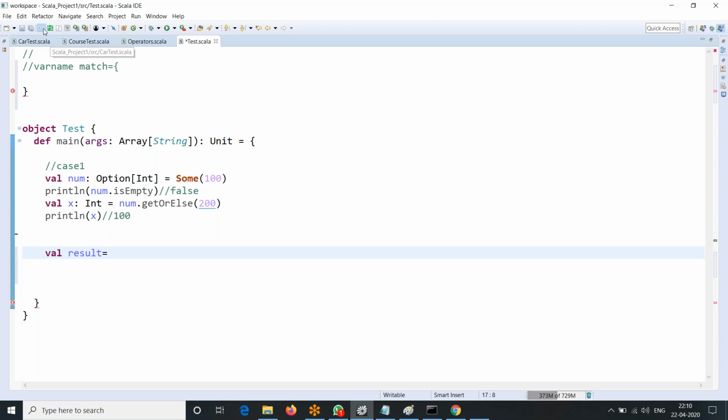Usually these cases are used to make choices. You can have different choices. So now we have to check a simple one, something like num, the variable with which we are doing matching here, with the match keyword.